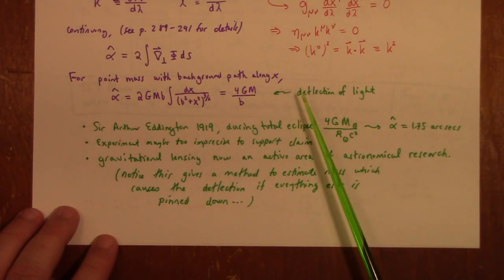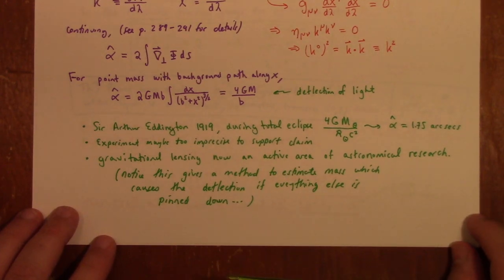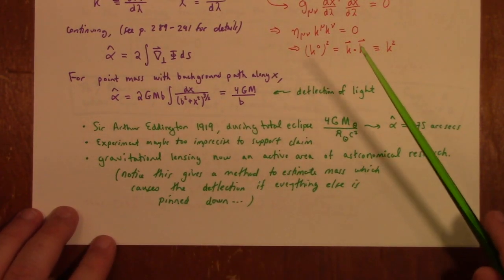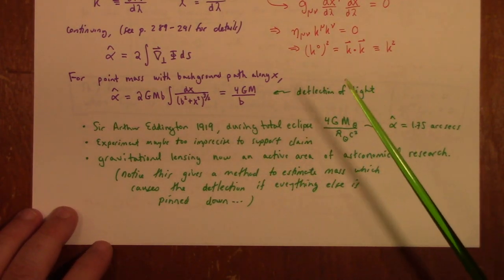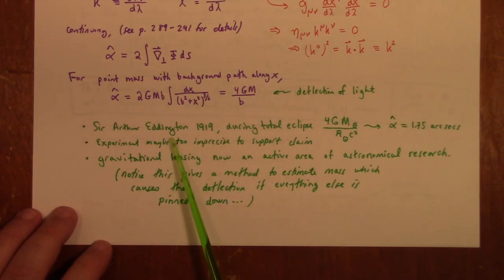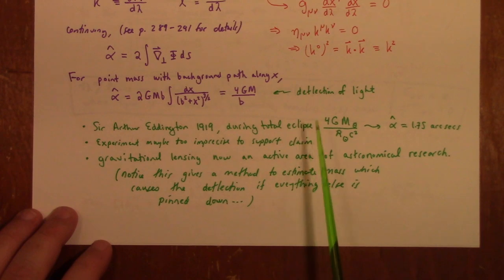All right, so this was one of the first supposed experimental triumphs for general relativity that history has now started to cast some aspersion on. For a few decades now, there's been people poo-pooing this result, but Sir Arthur Eddington in 1919, during a total eclipse,